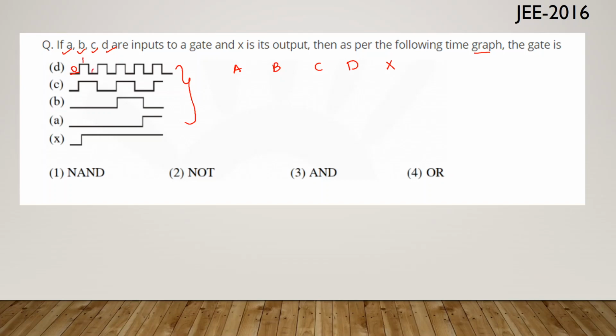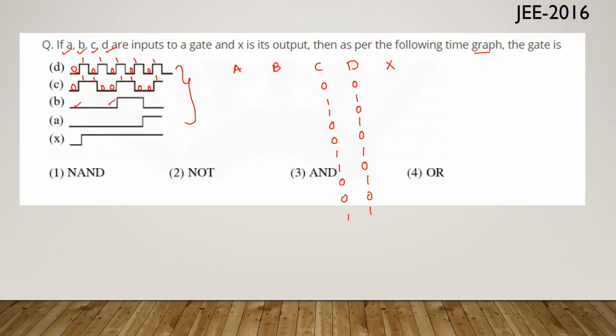This is high signal. This is low signal, high signal, low signal, high signal, low signal, high signal, low signal, high signal. So let me write this D1. 0, 1, 0, 1, 0, 1. Similarly, what is C? Here it is 0, here it is 1, here it is 1, here it is 0, here it is 0, here it is 1, here it is 1, here it is 0, here it is 0, here it is 1. Low signal and high signal. So what are the inputs? 0, 1, 1, 0, 0, 1, 1, 0, 0, 1. So if I want to write, I can write here 0, 1, 0, 1.